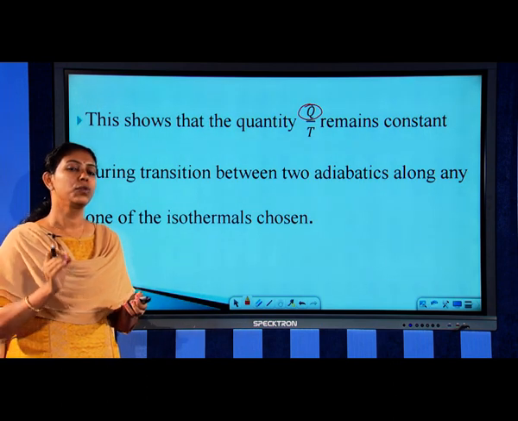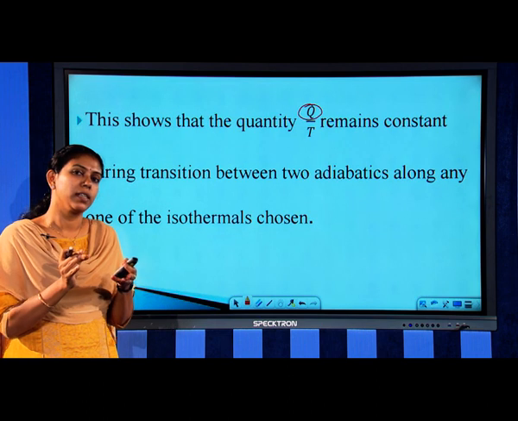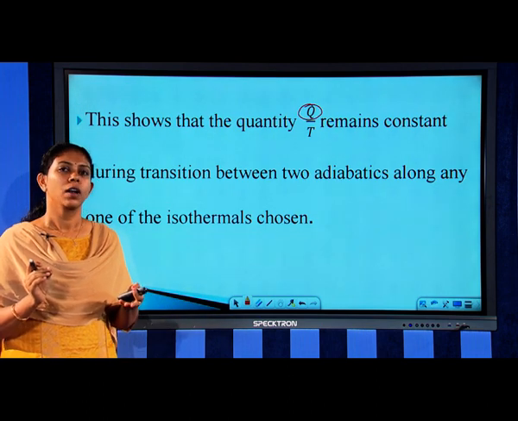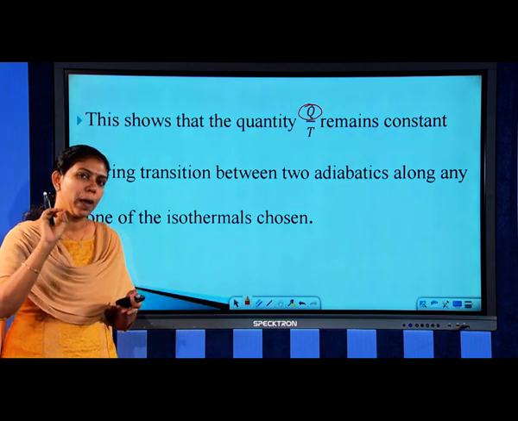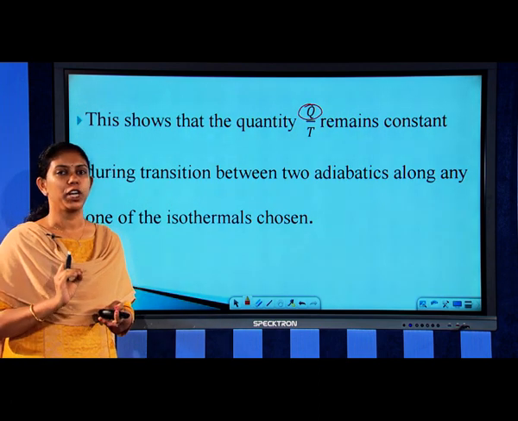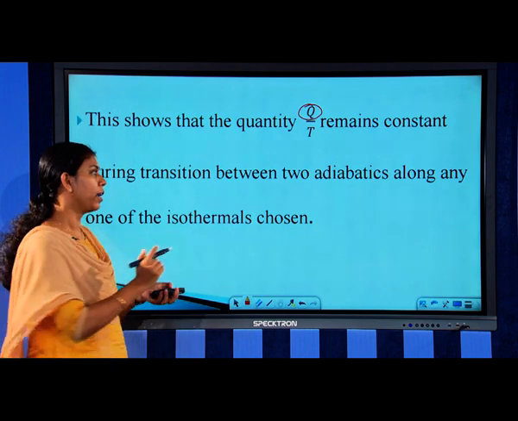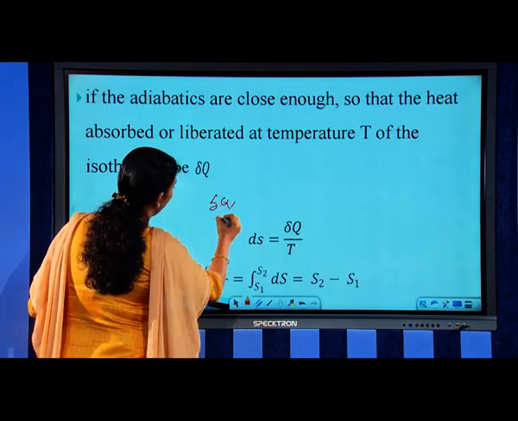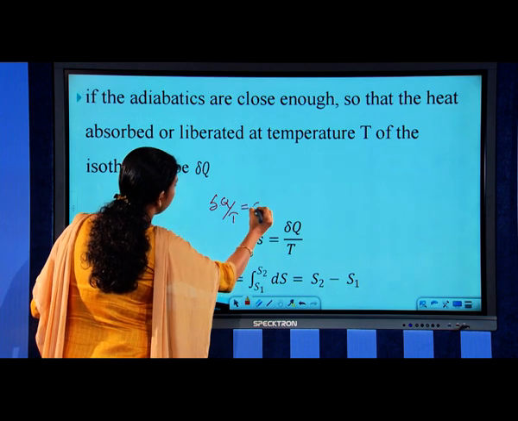When these two adiabatics are very close to each other, let delta Q be the quantity of heat absorbed or liberated at temperature T, then the equation can be written as delta Q by T is equal to